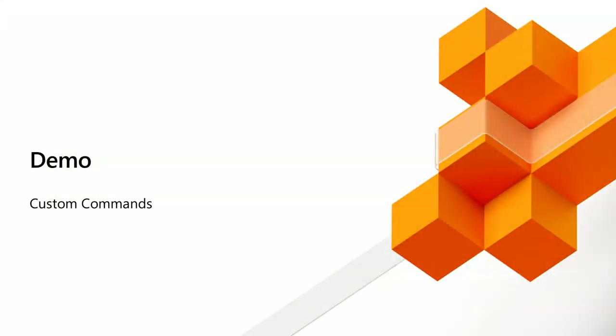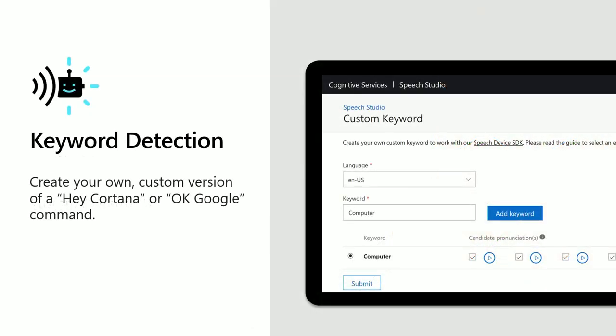So now, computer is maybe not the keyword I want, and we'll see what else we can customize. The first thing I want to do is change the keyword. In Speech Studio, one of the options that you have is to change the keyword here and build your own custom keyword. All you need to do is go to this website, type in the keyword you want, and then add it, download it to the device, and use it with the Speech SDK. That gets you going